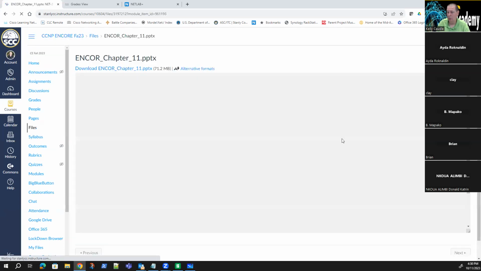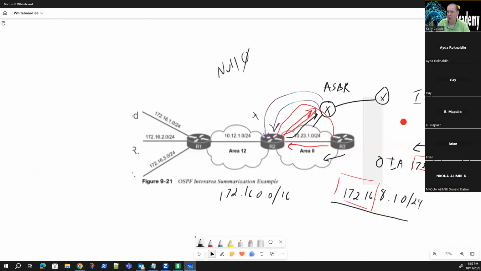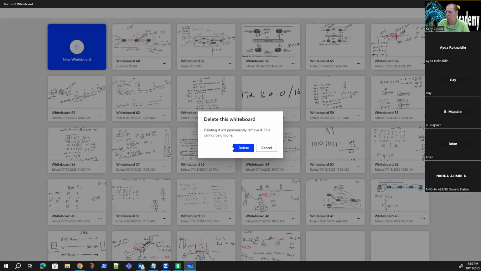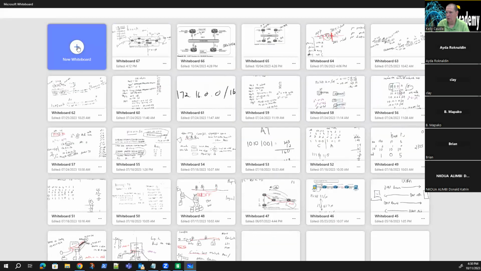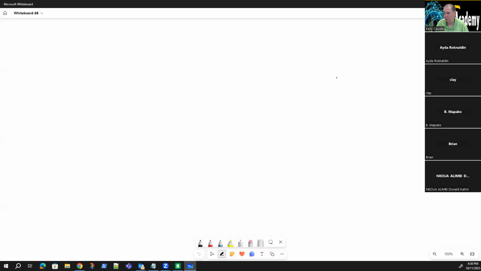I want to talk a little bit about BGP, but before we start a discussion of BGP, I want to go back to the concept of an autonomous system. So when we look at autonomous system,